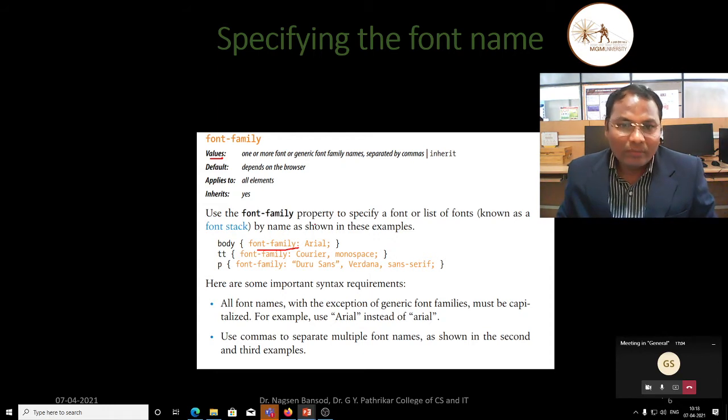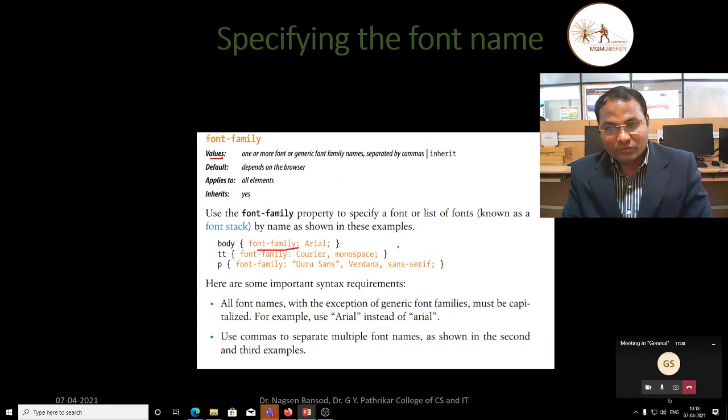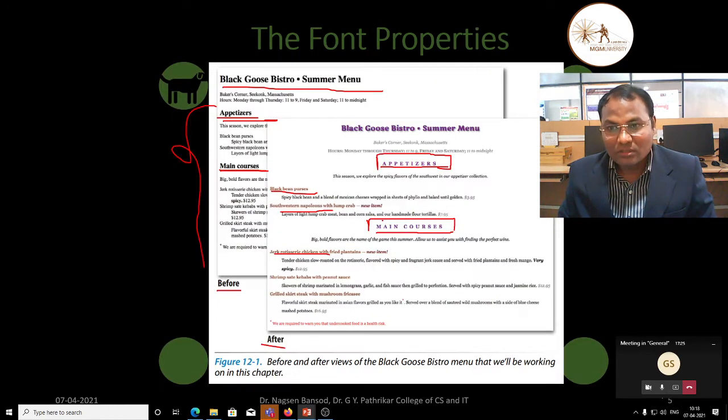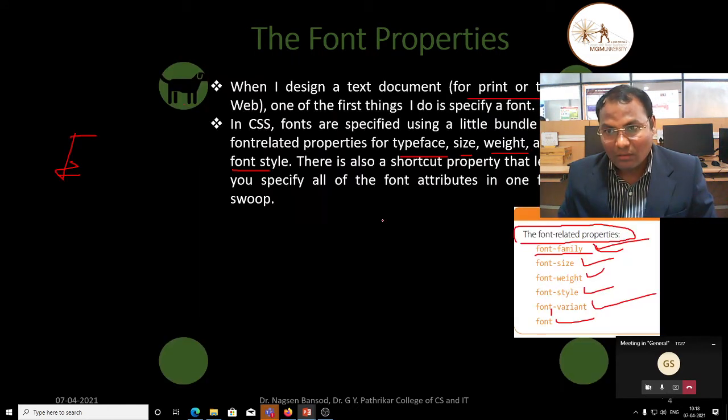Use the font-family property to specify a font or list of fonts known as a font stack. Whenever you use the font property to specify a font list, that is the font stack. We can say this is the font stack.